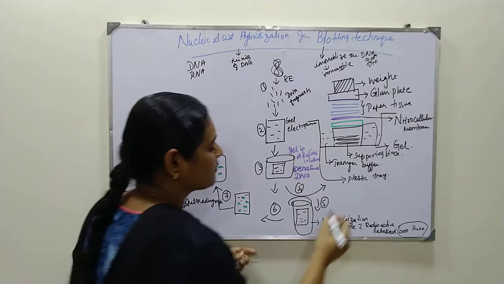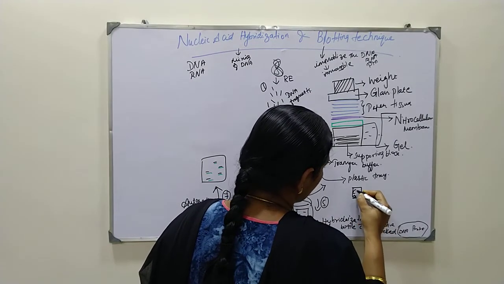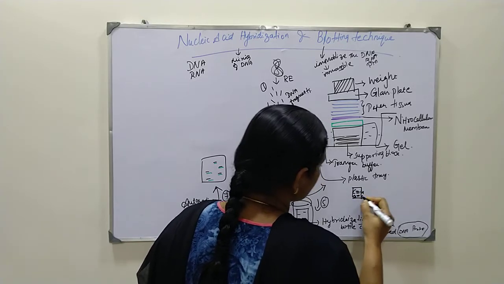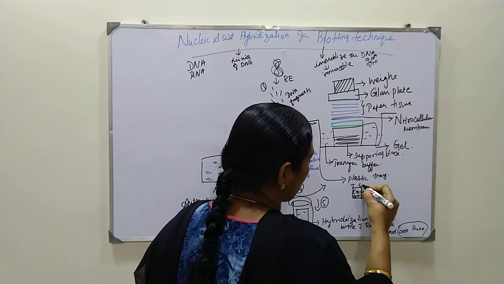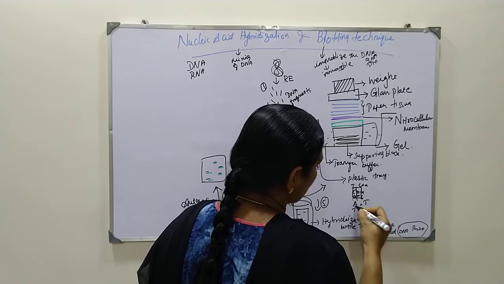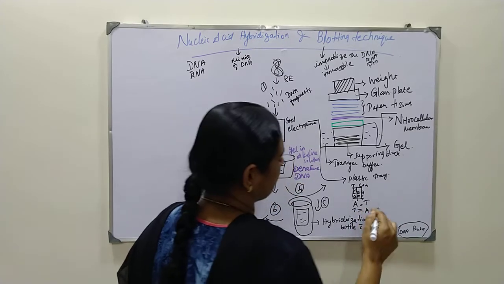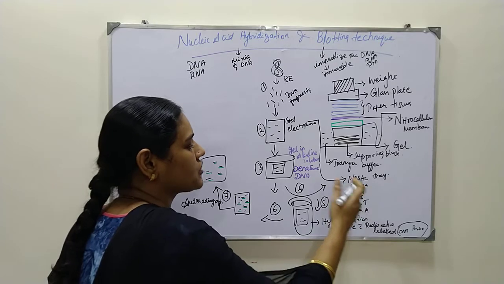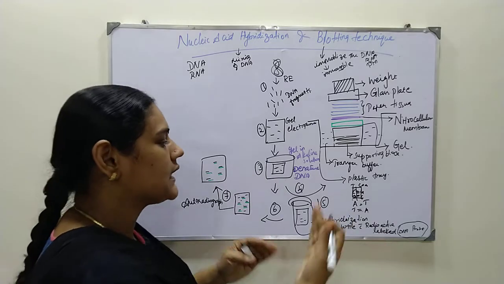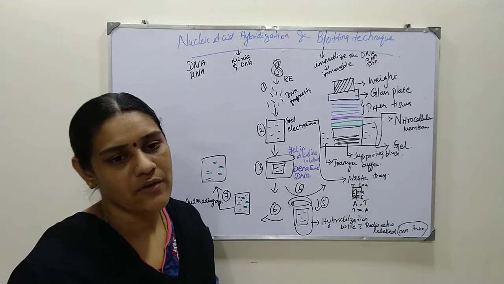Suppose the DNA contains C and G. The probe binds with G, and G binds with C, so it is the template strand and the complementary strand. Suppose there is A and T. T binds with A, which is adenine. C is always complementary to G, G to C, A to T, and T to A. These are the bases present in DNA that you studied last year.